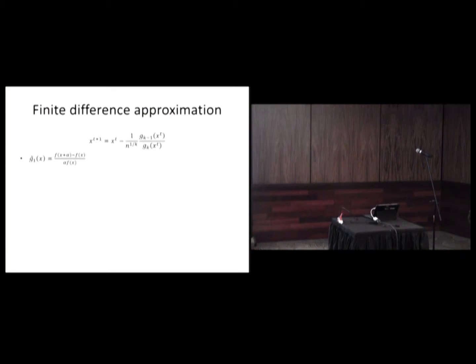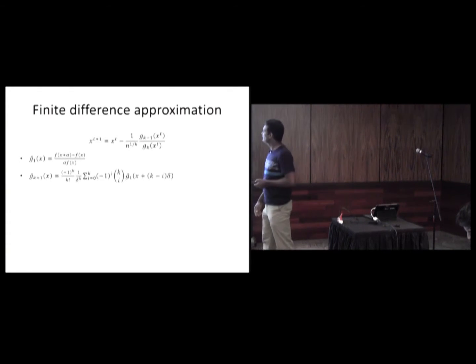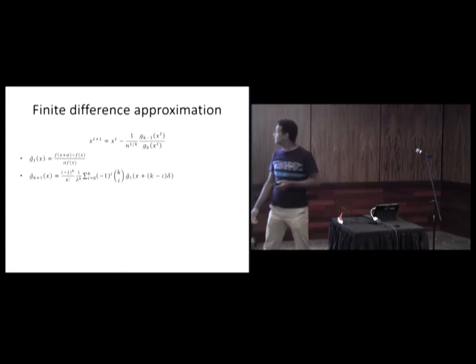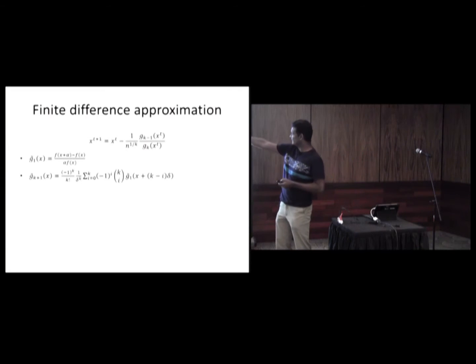First, we'll approximate G1 with G1 tilde using just the first cut approximation. This is f of x. That's the approximation to f prime, right? Alpha will be small, but not too small. And then for higher derivatives, we'll use G1 tilde as the function instead of G. So G k plus 1, we write in terms of G1. Okay? That's the plan. This is exactly the finite difference